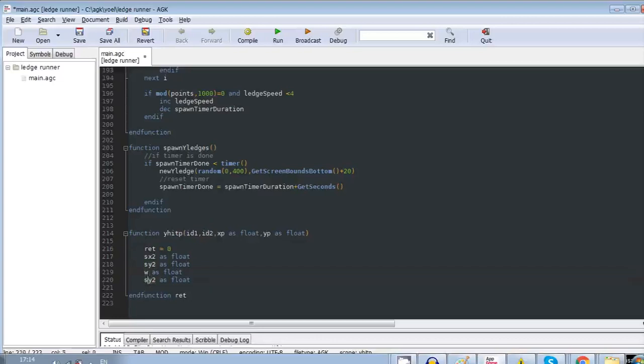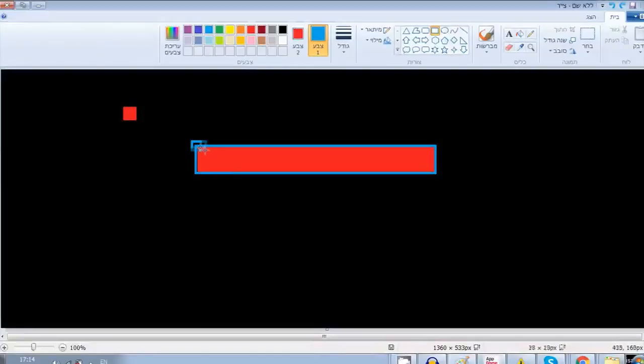Width and height, so it will start from ID2, from here. ID2, the sprite we want to check the collision with, like the player with the ledge. So it will start from its x and y to its x plus width, y plus height, to create this bounding box. And yeah, AppGameKit already has this, but this way we can do